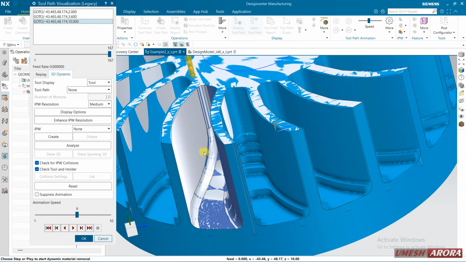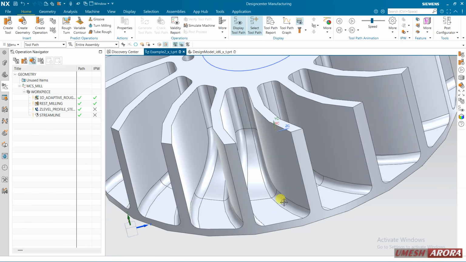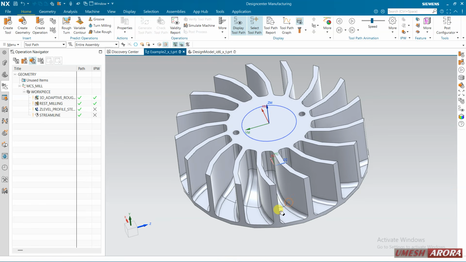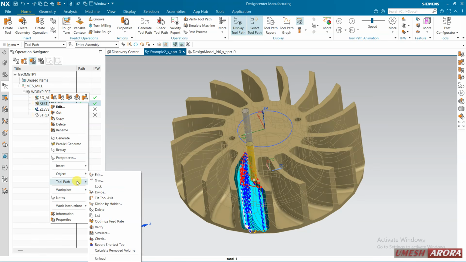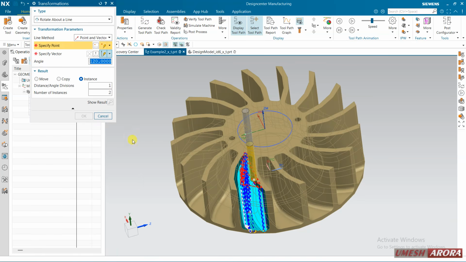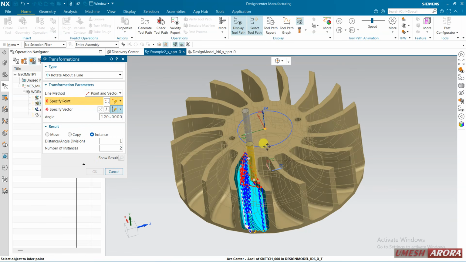Right, so in the same way we can create the same toolpath on other side. Okay, now I will tell you how to pattern this toolpath. So right click here, come to object, here is a transform, and rotate about a line. So specify a point. So point is this one, and the vector is this, and number of item or instance,